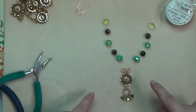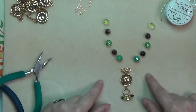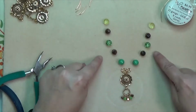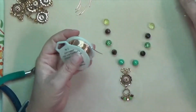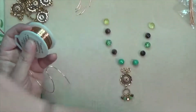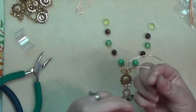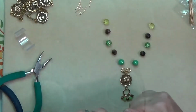Okay, now that I have this pretty little pendant made, I'm going to make that front part of the chain. And what I've decided to go ahead and do is, instead of connecting these to one another like I usually do, I'm going to make links. So all I'm going to do is also do some wrapped links. So I'm going to take a length of my